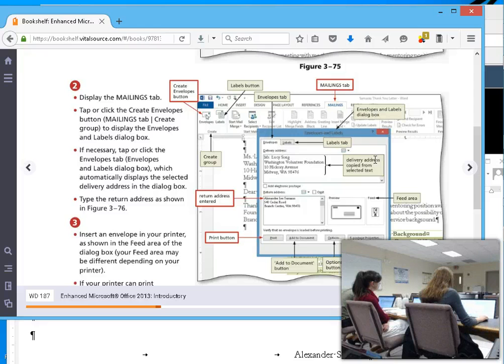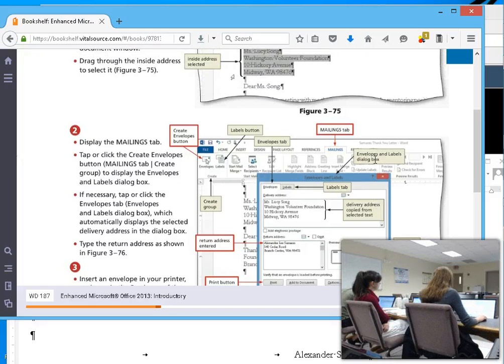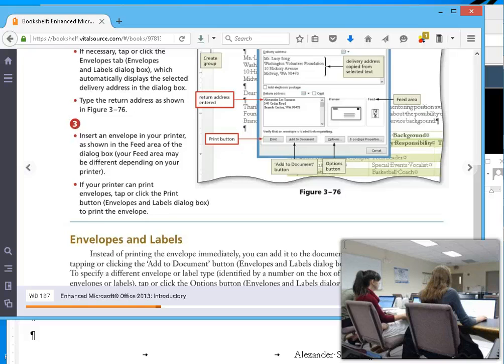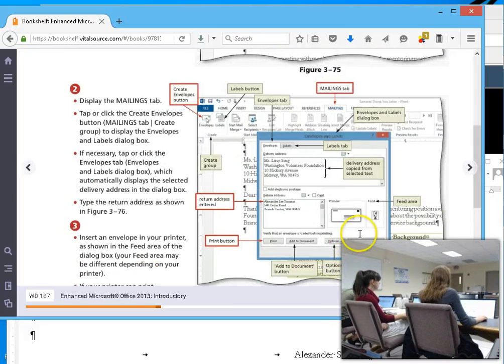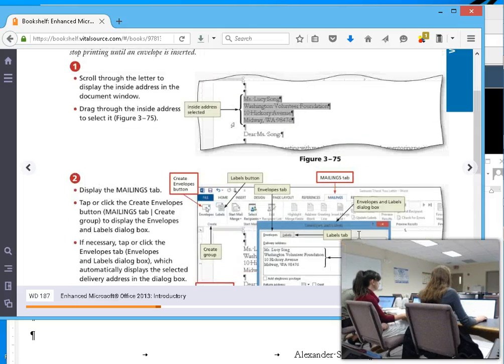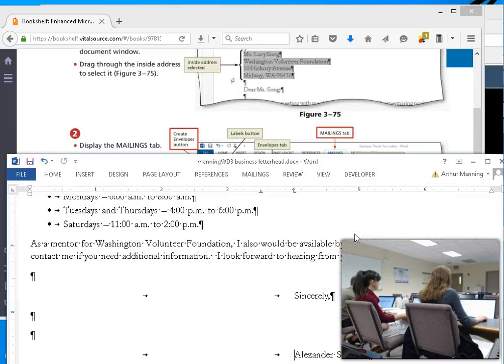What they do is select the title, and then from that information they can create a mailings, and it will create a separate document that would print out your envelopes for you. But I'm not going to make you do the envelopes part. Let's see if we can at least just add the page of it and get a taste of how it would work. So I go up and select the